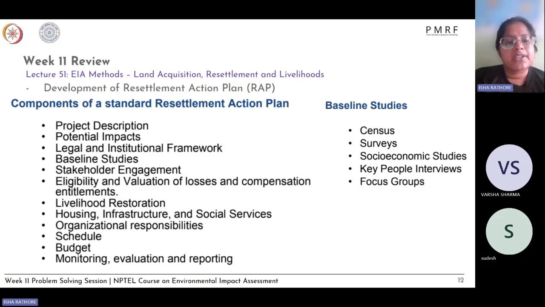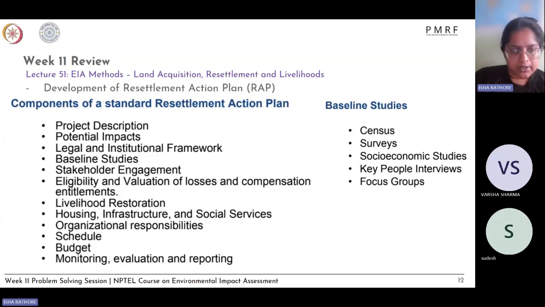So if their livelihood was affected, then livelihood restoration techniques or measures, if anything was undertaken, that also needs to be reported in the resettlement action plan. Housing, infrastructure, and social services were also considered, and what all was undertaken within each of these sections. Then the organization of responsibility: which organization or which team was involved where, who did the socioeconomic survey, who did the data analysis, who did the mitigation plans, and all of those things. Those need to be stated, and who all was involved, what stakeholders were involved at which stages.